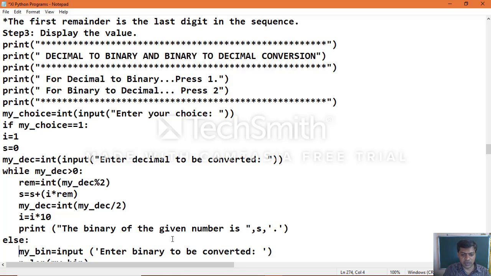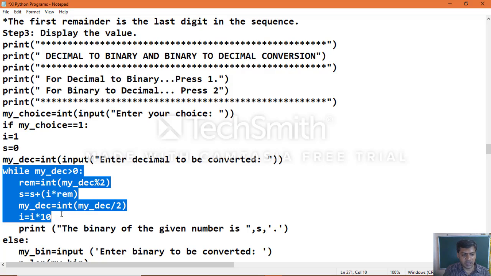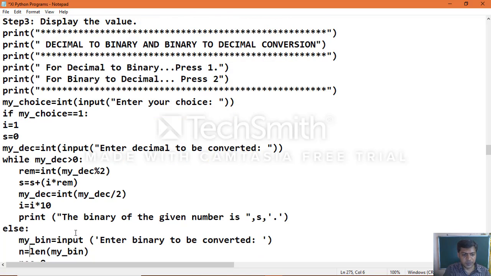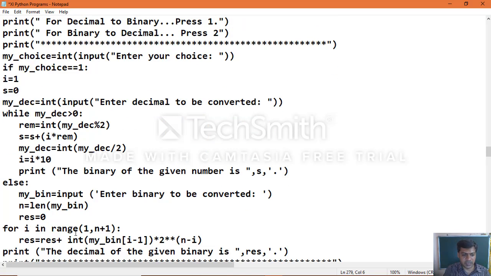Once it executes this while loop, it prints the binary equivalent of the given decimal number. Else, my binary equals input, enter binary to be converted.